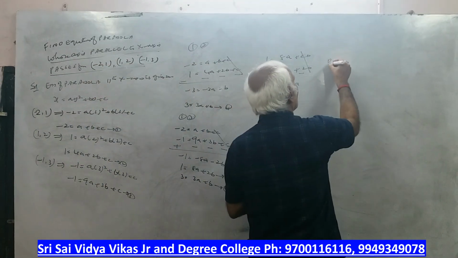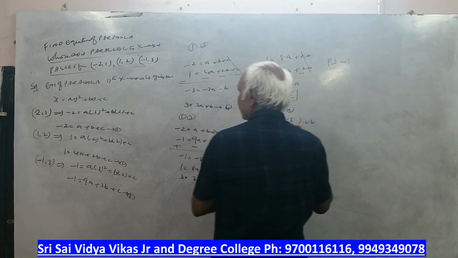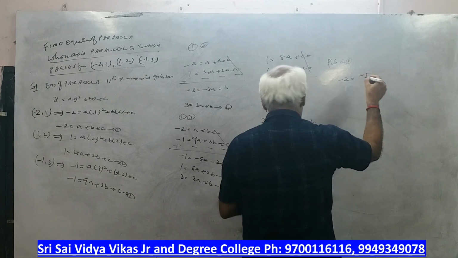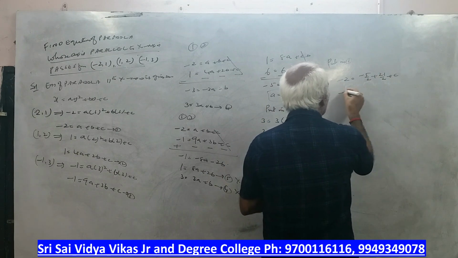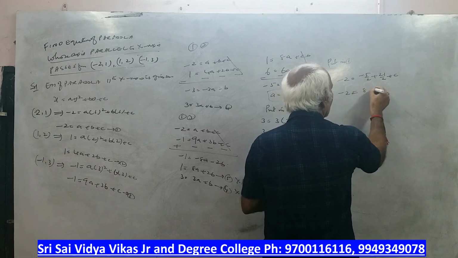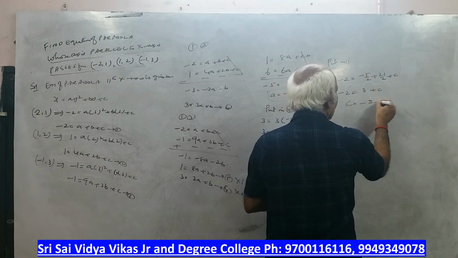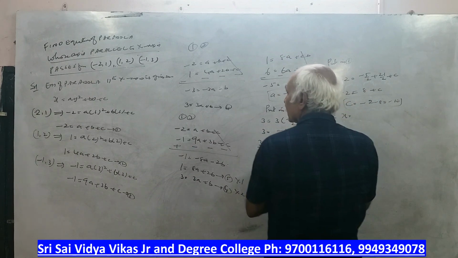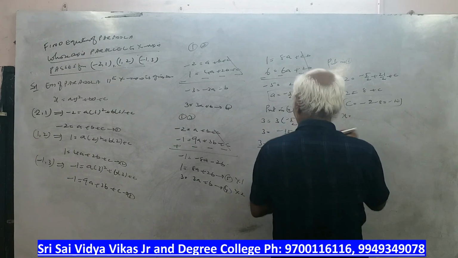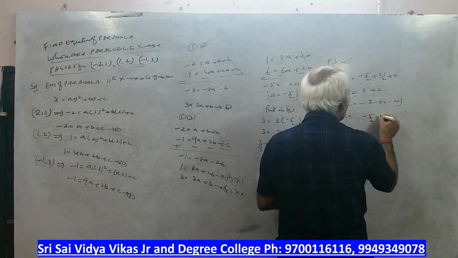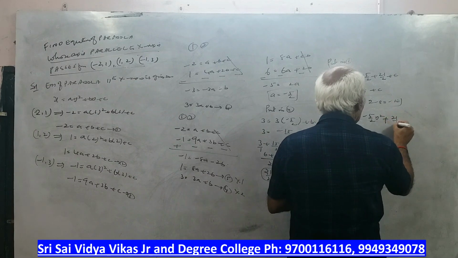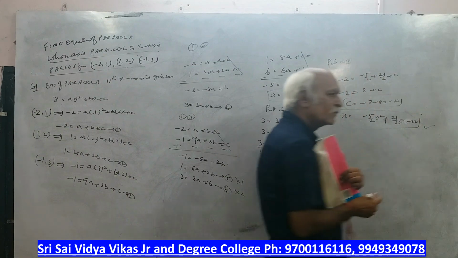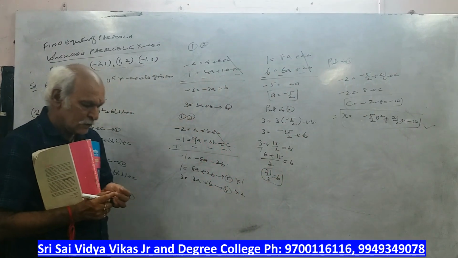Put in the first equation. What is the first equation? Minus 2 is equal to a plus b plus c. Minus 5 by 2 plus b is what, sir? 21 by 2 plus c. Minus 2 is equal to 16 by 2, 8 plus c. So c is equal to minus 2 minus 8, minus 10. Therefore, x is equal to the formula ay square. What is the a value we got? Minus 5 by 2 y square plus b, 21 by 2 y minus 10. Okay. So same concept, note this.